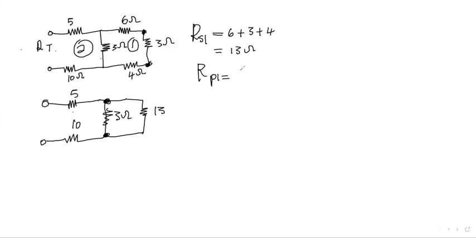RP1 is equal to, you know, the formula for parallel resistors is the product over sum. It's going to be 3 times 13 divided by 3 plus 13, is equal to